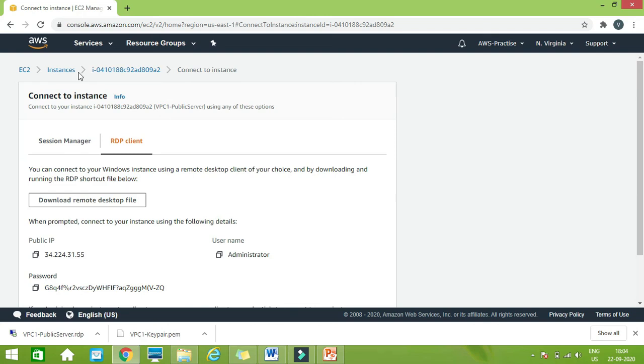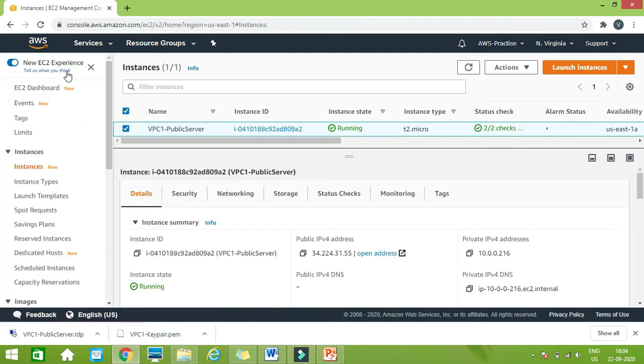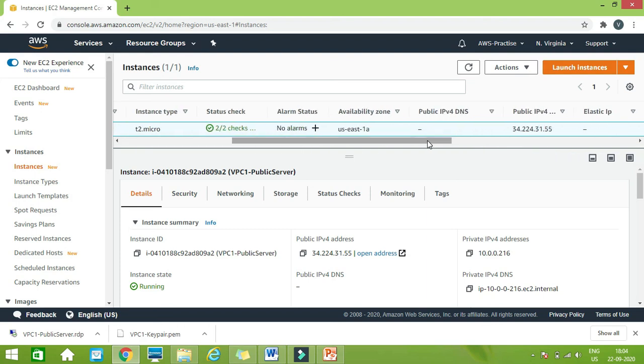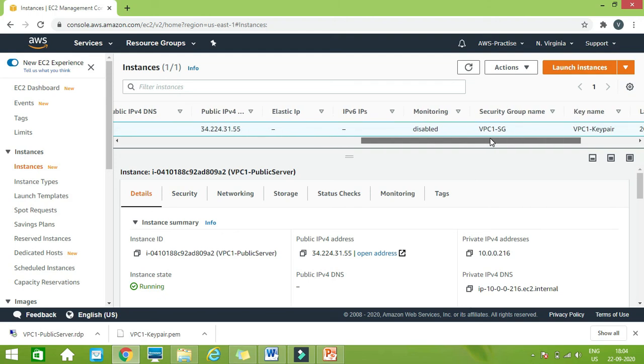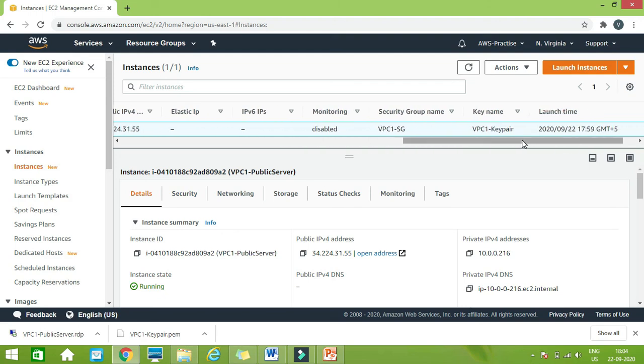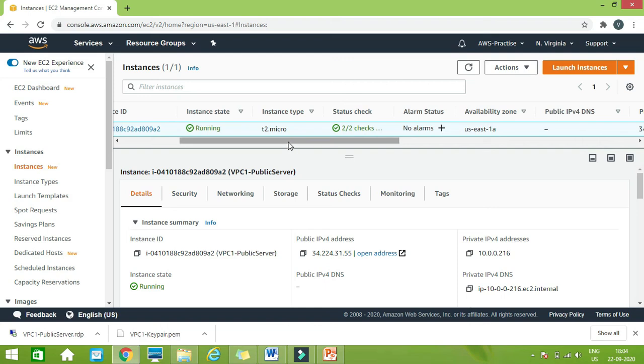going to the instance, we'll check the status. So it will say that it is 2 by 2. That means now it is ready. Everything you can see from here: what is the IP, what monitoring you have used or not, what security group you have used, which key pair you are using with this instance. Everything you can see here also. Now we need to connect.